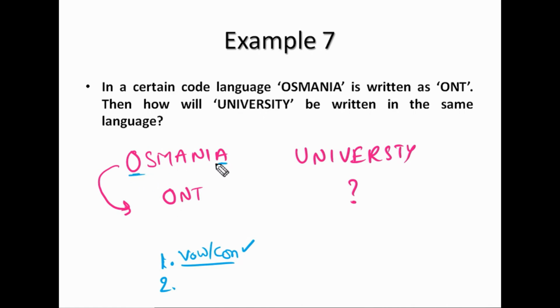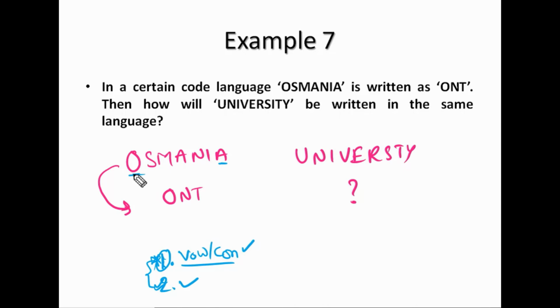Suppose O is 15 and A is 1. 15 plus 1 is 16. The 16th letter is P. Or O is 15 and A is 1, by doing minus, it will be 14. The 14th letter will be N. So that is another way. Between these two, it is better to verify the first one first, because it will be somewhat easy to verify, as we have many combinations to check for this second one.